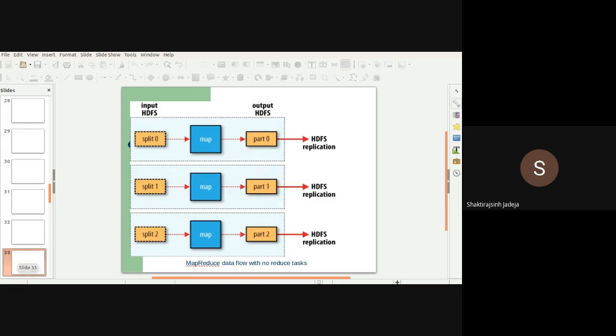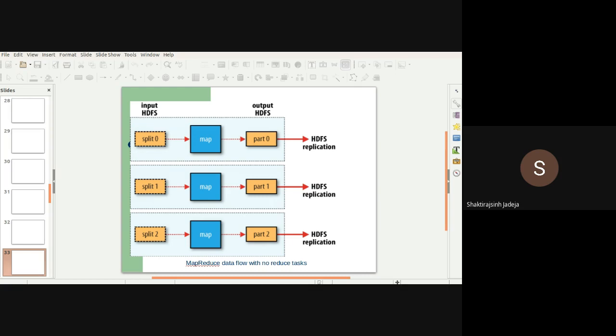They can even be working on completely different tracks. For example, one is square calculation, one is mean calculation, one is average calculation. So you can still have different maps with no reduce task. You are just directly mapping whatever data you are trying to process to HDFS, because in some applications you have a very simple task.